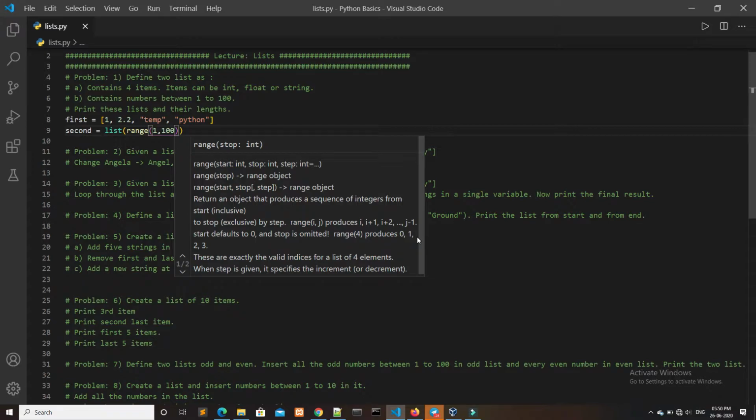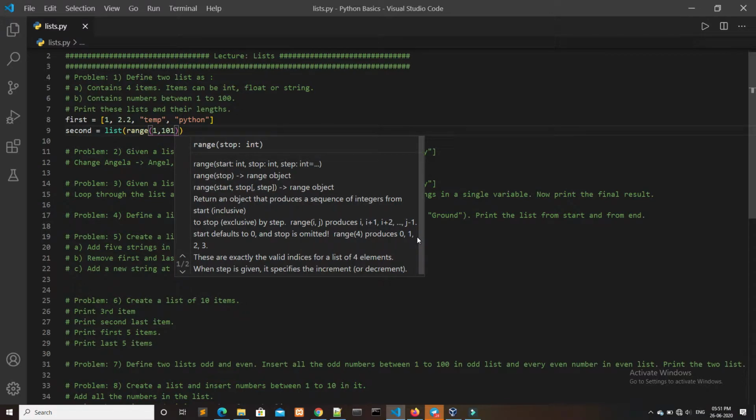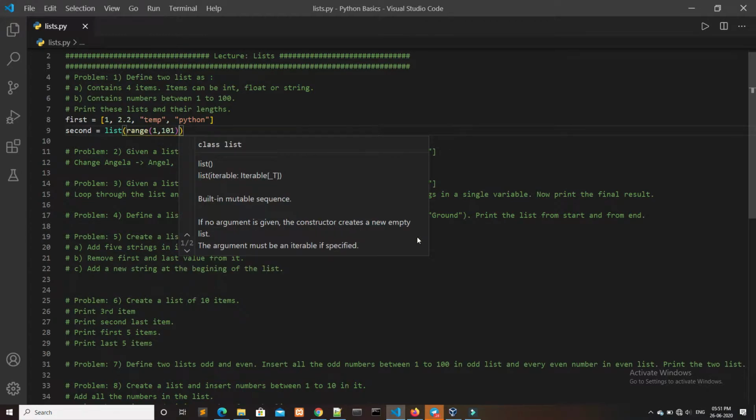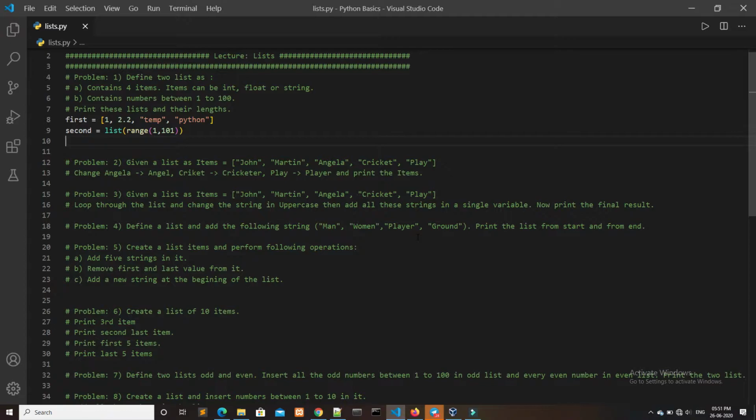But here, if we write range 1 to 100, it will insert numbers between 1 to 99, that is it will not include 100. To include 100 also we have to increase the second argument by 1, so this will give the required output.